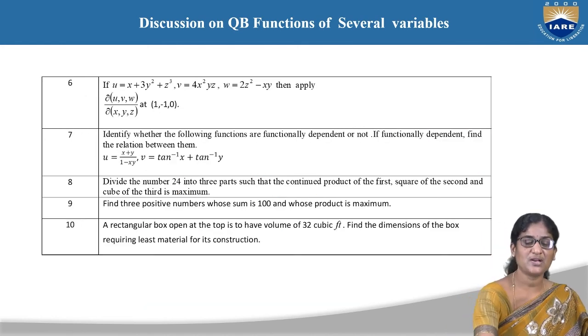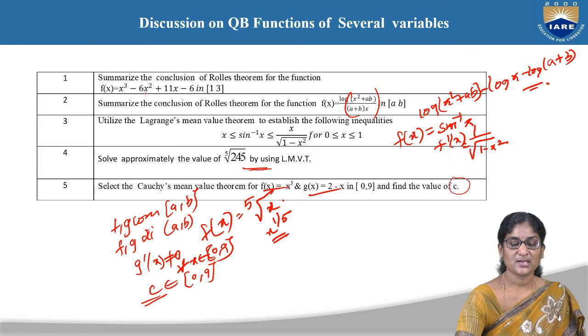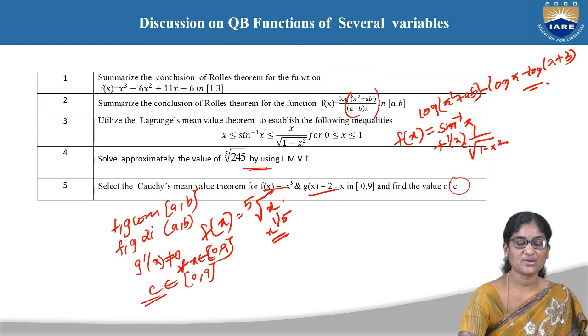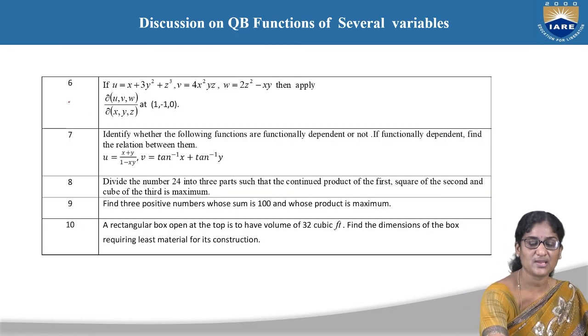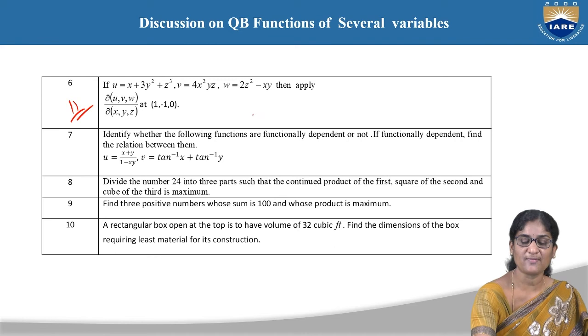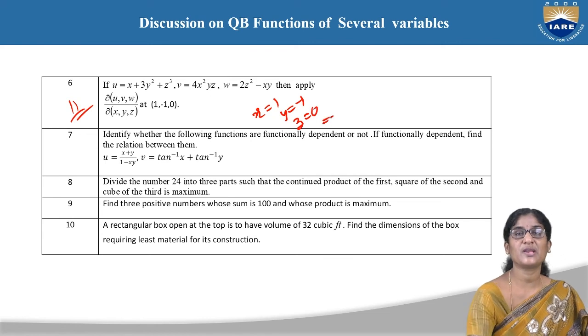And the sixth one is similar to the above cases. That is one of the cases where we have already done this Jacobian value. That is the 11th question. Already we have done this 11th question, same as that, but the only thing is that after getting the Jacobian value, substitute the values x is equal to 1, y is equal to minus 1 and z is equal to 0. Then we will get the numerical answer.